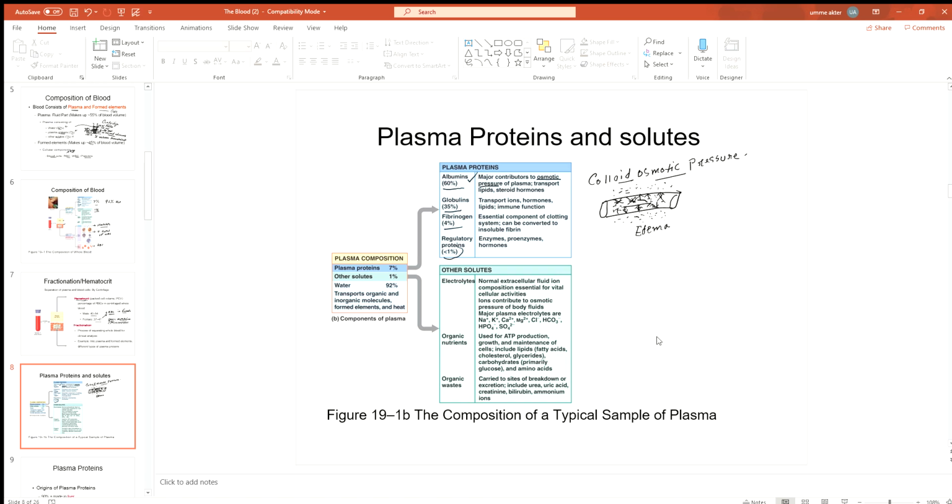These plasma proteins are mainly produced in the liver. So in liver cirrhosis or liver damage, what happens? The production of plasma protein decreases, right? Makes sense? So if someone's liver is non-functional, then what will happen? The production of plasma protein will decrease, and